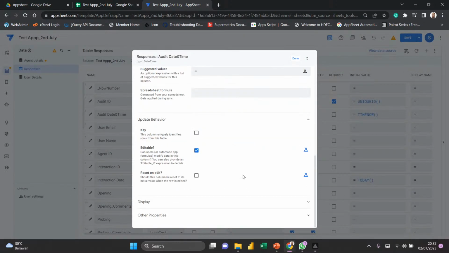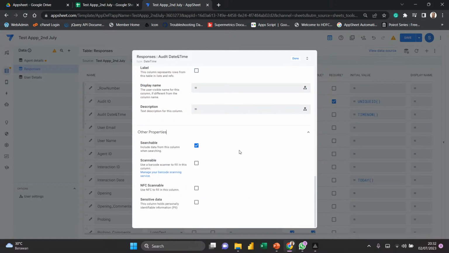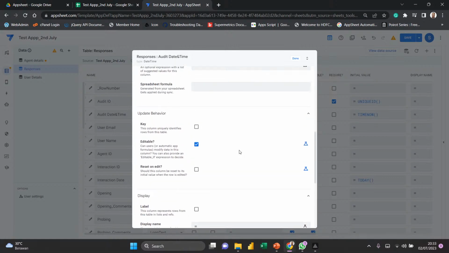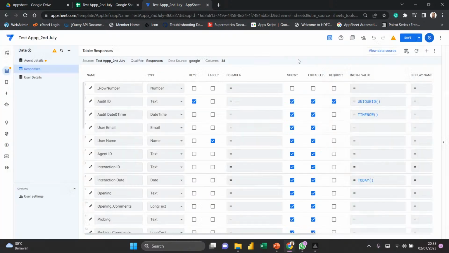Update behavior is not required for this one. Editable reset on edit, we don't want that. Editable, of course, it's editable. Display as label, whether we want to show it or not. Yes, we will keep it as default. Other properties, whether we want to use it as a searchable option or not, whether you want to search your audit records with this particular timestamp or not. Now, obviously, we're not going to do that. We have some other fields that we can use as a searchable or scannable option. For now, we are good with this